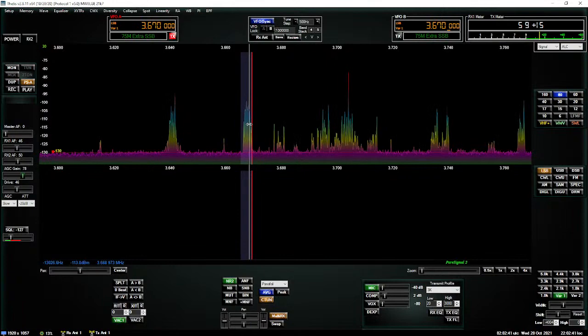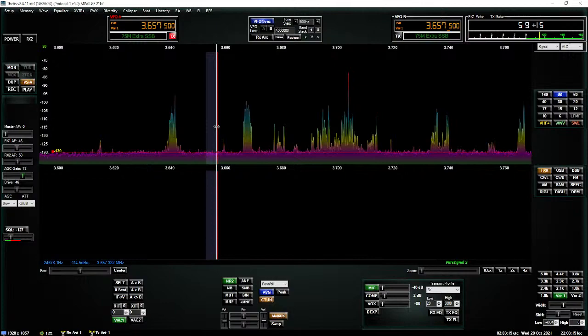Okay. So what I want you to pay attention to is, anybody who's run a conventional rig like I have, 7300, conventional Super Hit, whatever. When you have static crashing in there, I want you to pay attention to the Panadapter. When you see that Panadapter pop, I want you to notice the lack of noise. It is almost unbelievably dead silent. How strong is the static crashing in here? If you watch the S meter, if I place it in a spot that is not,